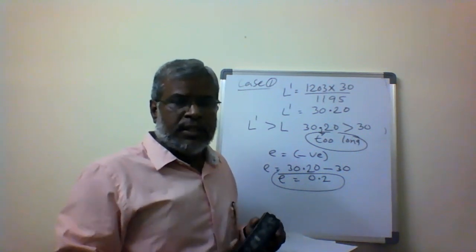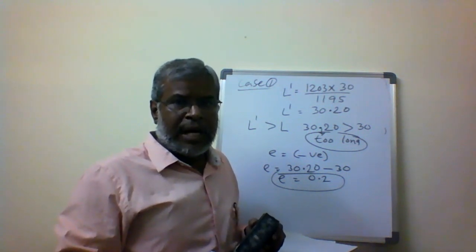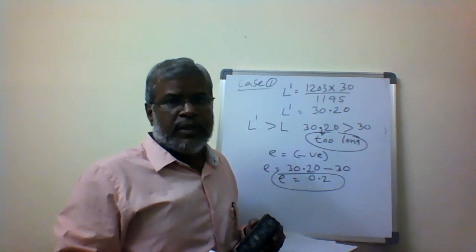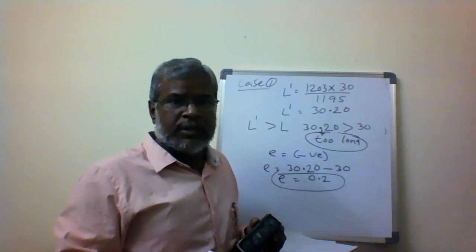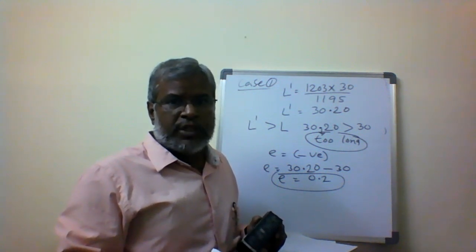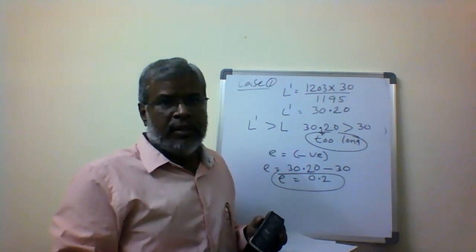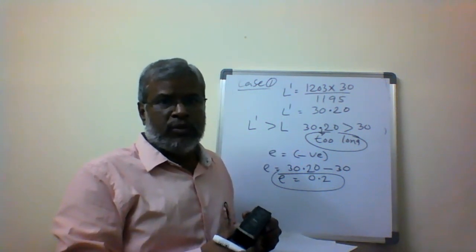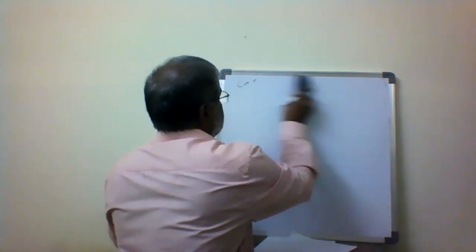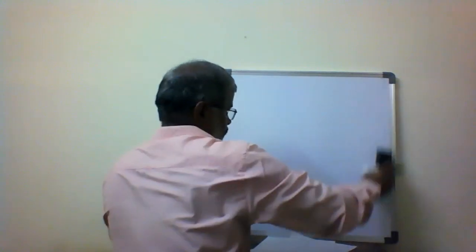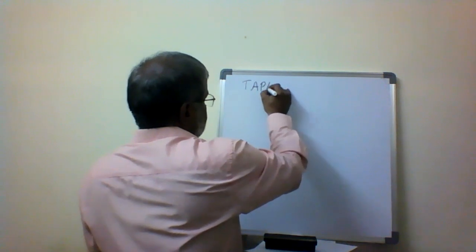In the second problem we worked out, the distance is given with a 20 meter chain and we have calculated the true distance. With the same distance measured with the 30 meter chain, we calculated what error is going to be made while measuring the true distances. So these are the two different types of problems worked out for the chain corrections. Then the next one is going to be called tape corrections.